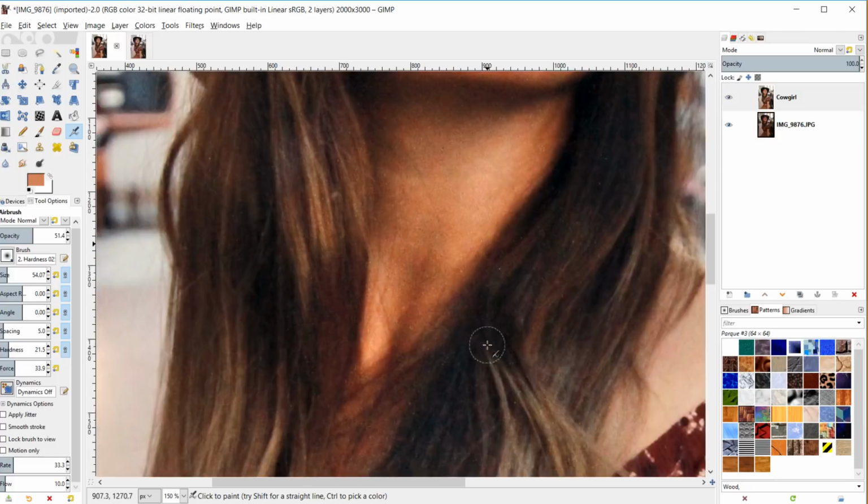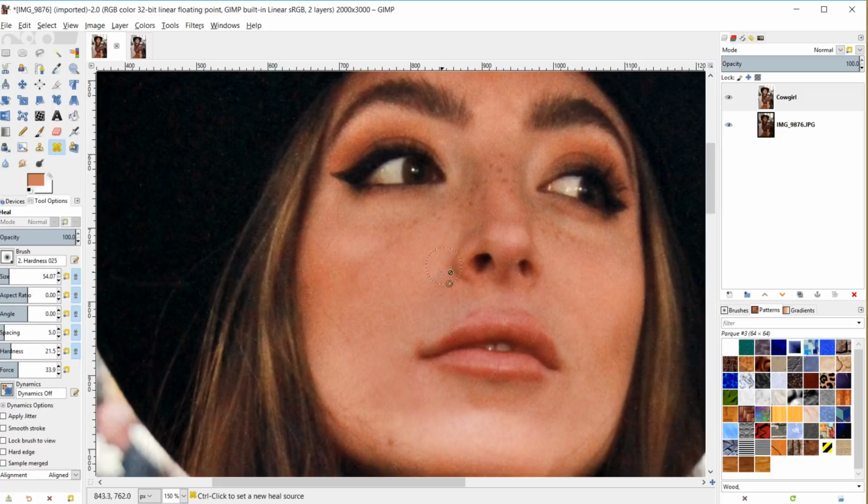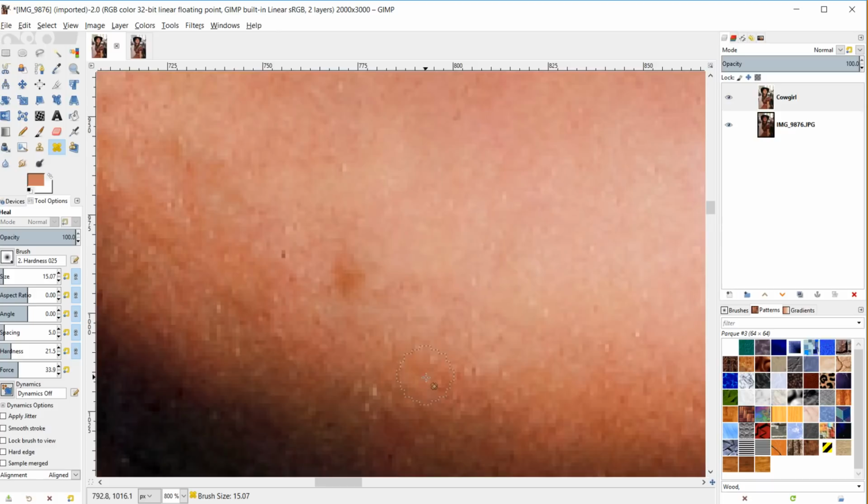I don't want to spend too much time on this again, but let's go over to the heal tool real quick because you asked about the heal tool. This one is more about adjusting the size of your brush. So if I decrease the size of my brush with the heal tool, and let's say, she's got a freckle here. I don't necessarily want to get rid of this, but for the sake of example,